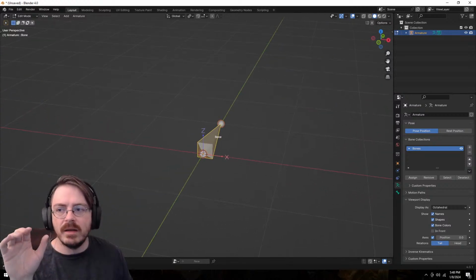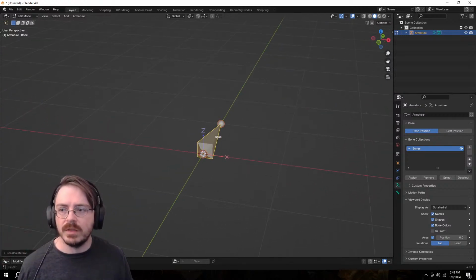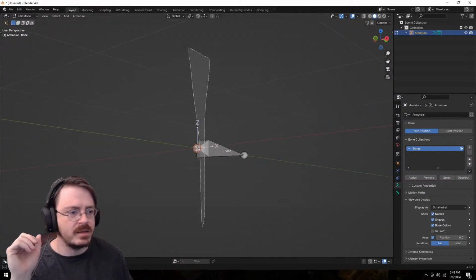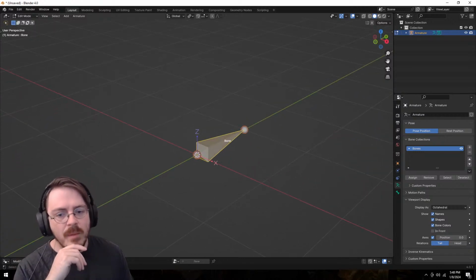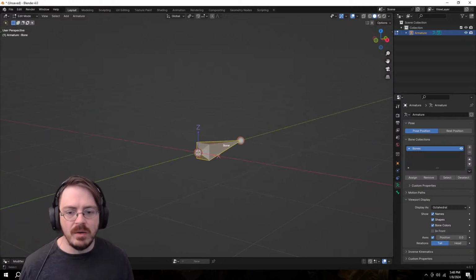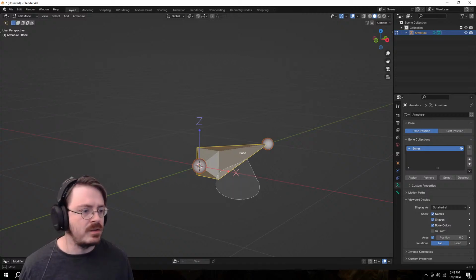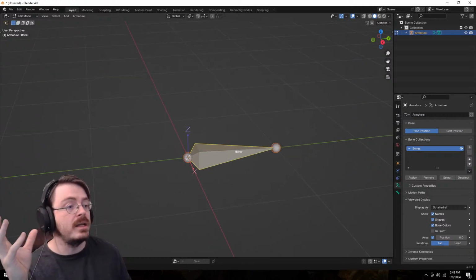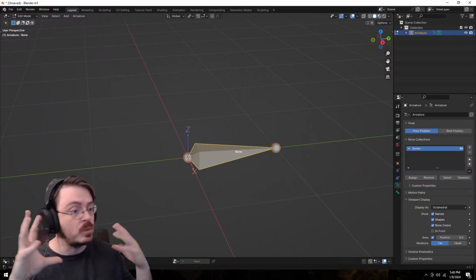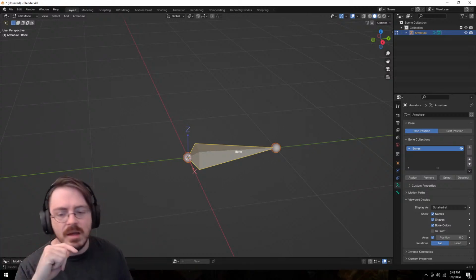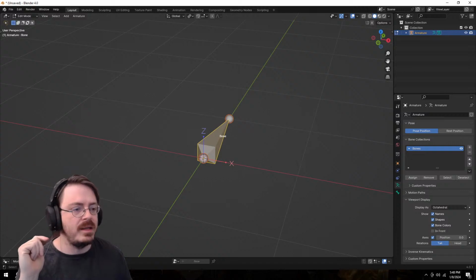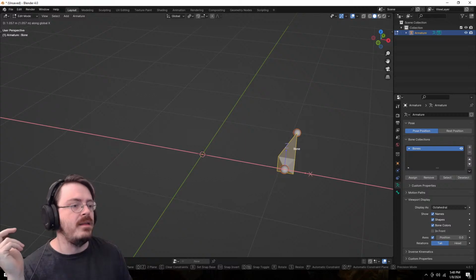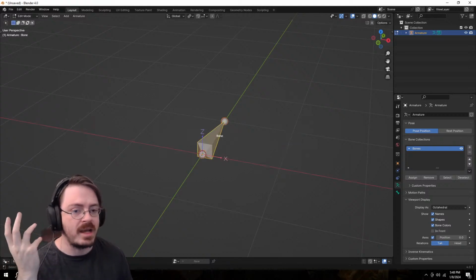So here we can see I've got an x-axis that goes along like this, a y-axis that goes along like this, and a z-axis that goes up and down. You can see I've got these axes turned on here, the X, the Z, and the Y. It's important that those are aligned to the same orientation as world space for certain bones, because what you want is that when I move the bone in the positive X axis, it moves in the positive X axis.